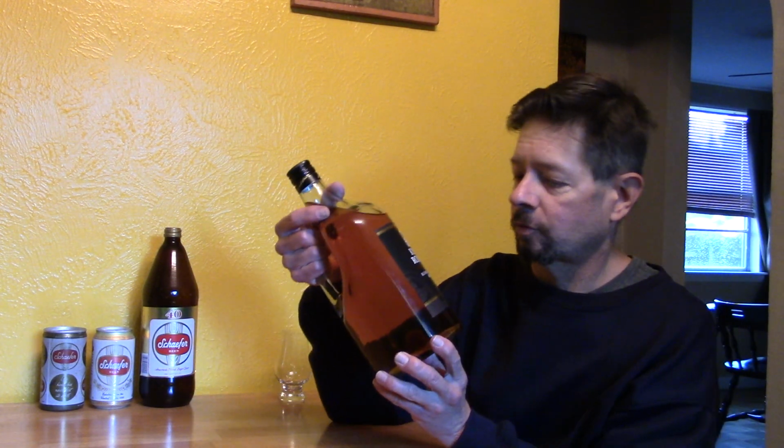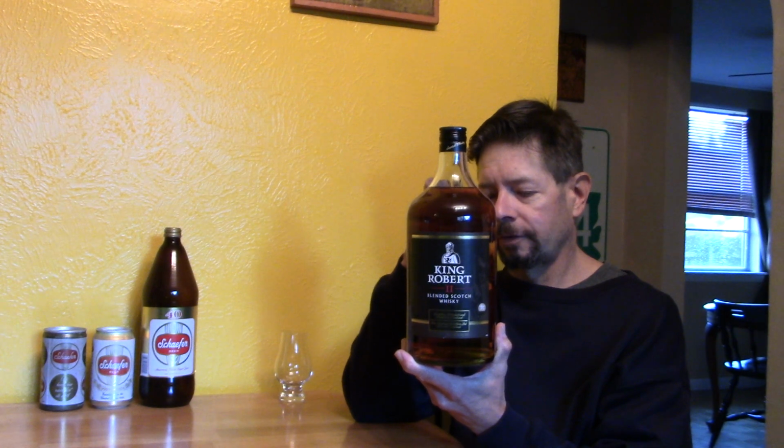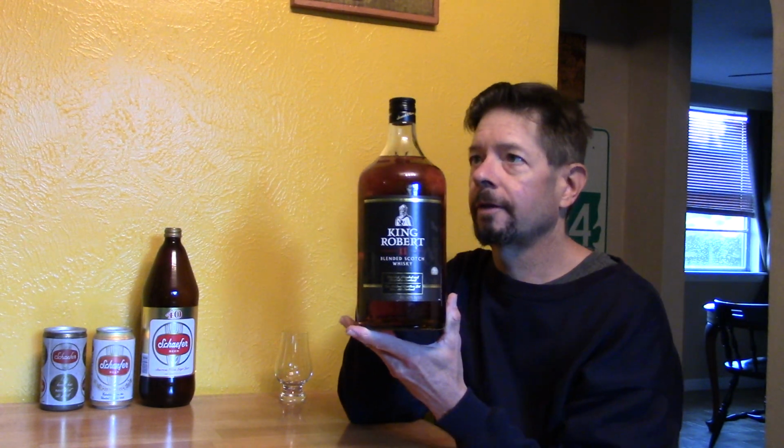Hello and welcome to this examination of King Robert II blended Scotch whiskey. Okay, it's all from Scotland, bottled in Scotland, not sent over here and bottled. It says second to none. This is 80 proof in this 1.75 liter bottle I purchased at World of Beverage in Georgia, and it was